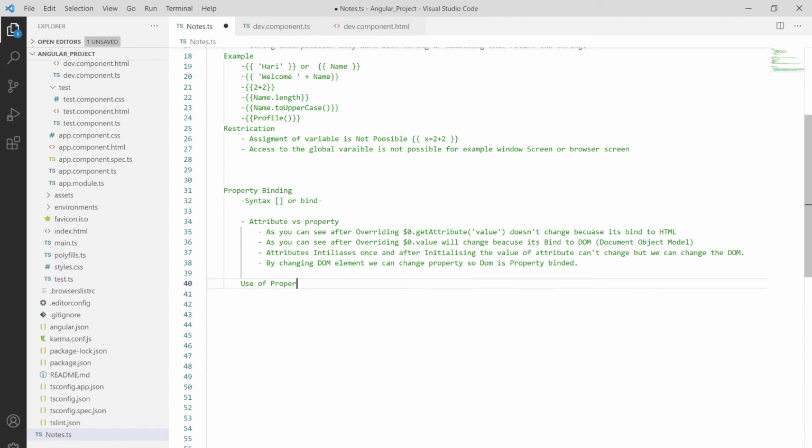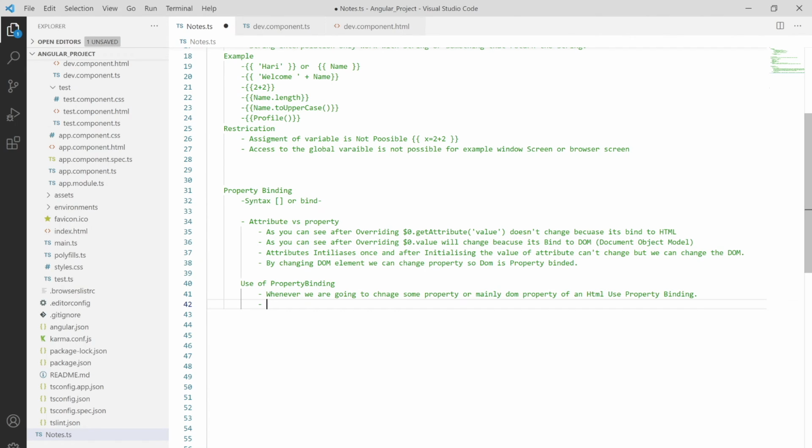Use of property binding: whenever we are going to change some property, mainly a DOM property of an HTML element, use property binding.